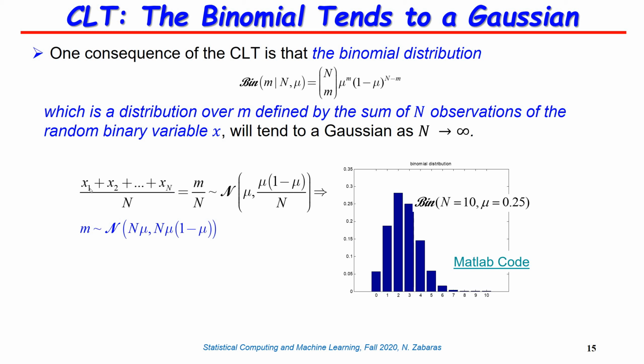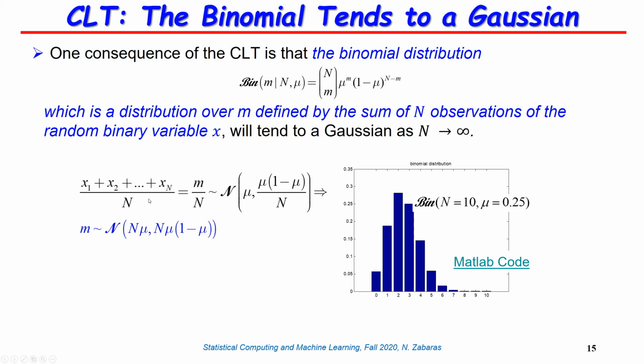Remember, n is the number of heads, and these variables x1, x2, xn, if those are samples from the binomial distribution, they're actually binary variables, right? So m is equal to x1 plus x2 plus xn, all right? So this sample mean of these x's that come from a Bernoulli distribution with probability mu is equal to m over n.